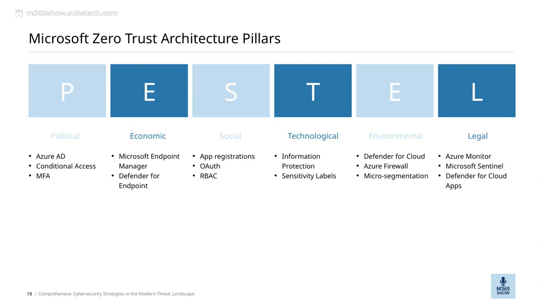They give us real-time insights, alerting us to suspicious activities or vulnerabilities before they become major issues. Finally, Defender for Cloud Apps extends our visibility into SaaS applications, helping us enforce policies and detect risky behaviors. All these pillars come together to form a layered, integrated approach, making our cybersecurity defenses more resilient, adaptable, and aligned with the Zero Trust model. This comprehensive strategy is essential in protecting our organization in this complex and rapidly changing digital landscape.